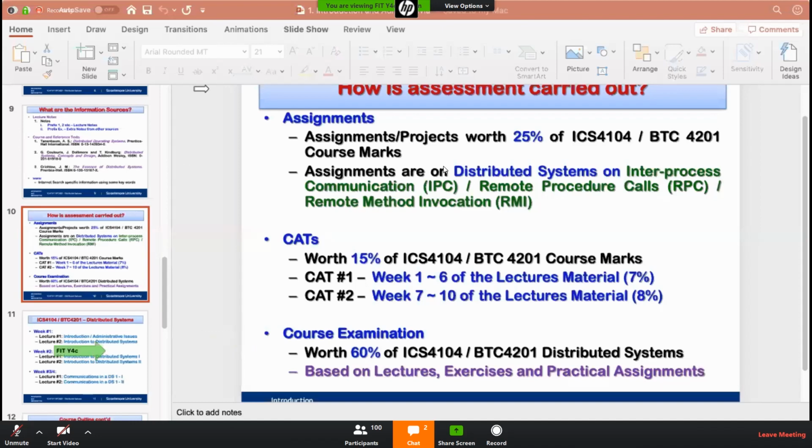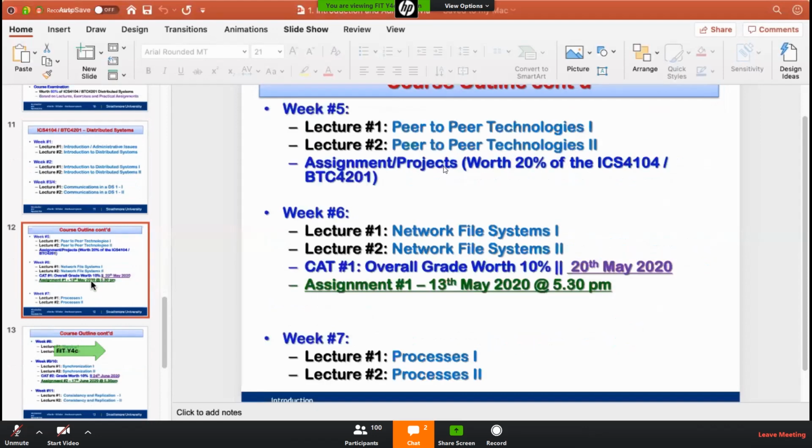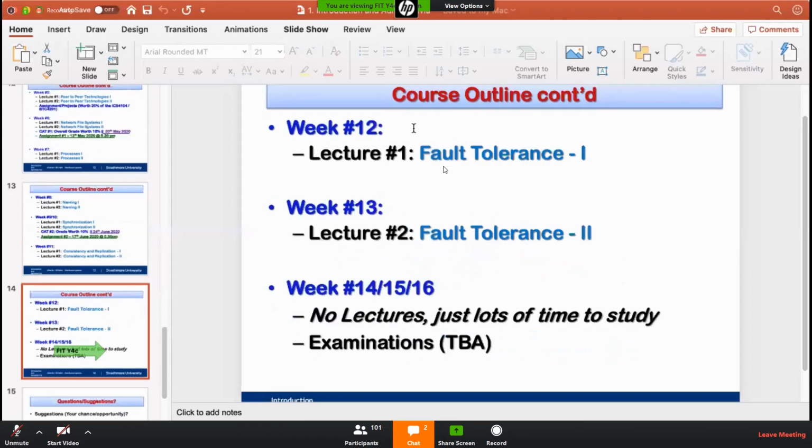Then we have our week to week. So this week, this one I'll run through quickly. So week to week, we have the introduction to distributed systems. Then we'll move to communications. Then we'll end up with 5, talking about peer-to-peer technologies, week 6, network file systems, maybe week 7, processes, okay? And then week 8, naming, 9 and 10, synchronization, and maybe 11, we should be talking about